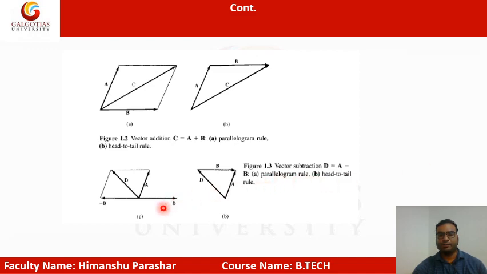From this figure, this a is in this direction and our b is in this direction. This is positive and this is negative, and the summation, or you can say this is the parallelogram law. So the parallel line of this b vector and the parallel line of this a vector meet at some point d, which is nothing but a minus b. So you can see the parallelogram rule in A and the head to tail rule in B. Like in the positive case also, A plus B, parallelogram in A and head to tail in B. And head to tail is also called the triangular law.